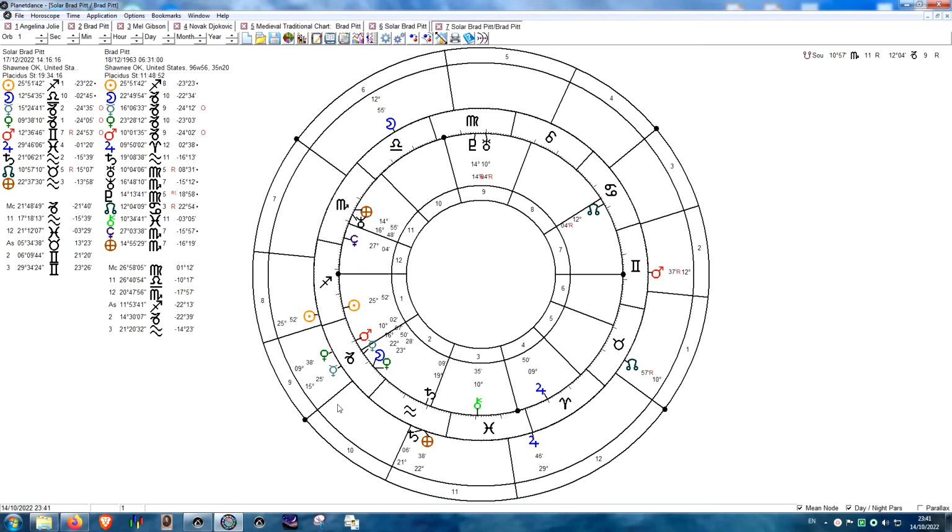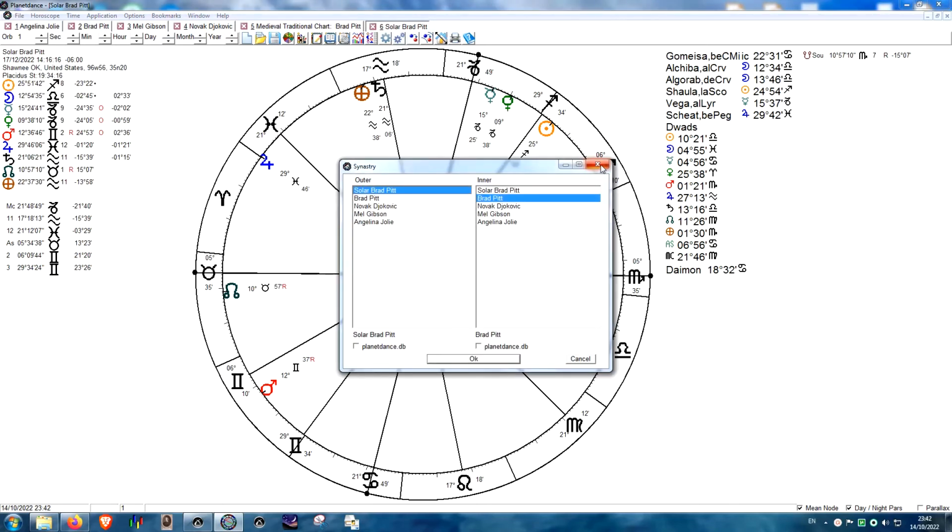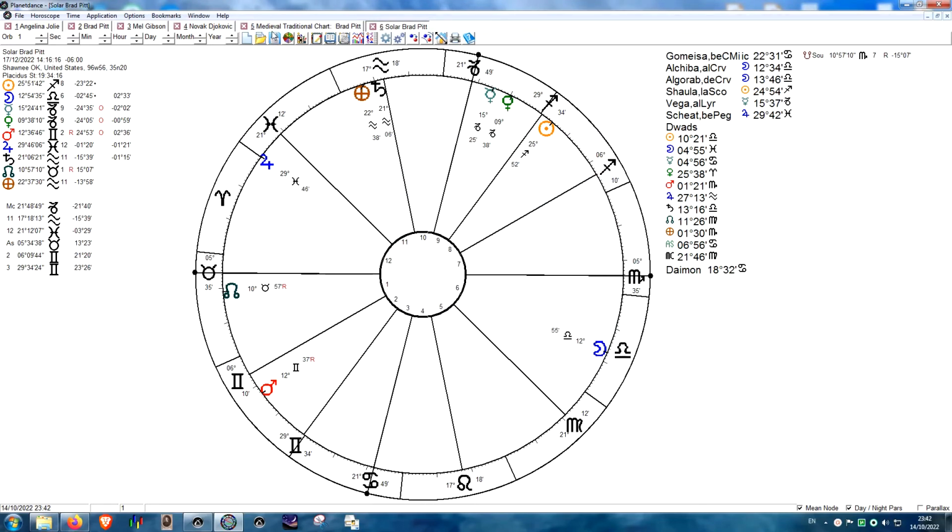As you see, the solar return ascendant is here. It's in the second natal house, if we're using quadrant houses or whole sign houses, anyhow. So you get to see this. Or is there another way, if we go to synastry, well, yeah, this was it. But anyhow, so let's